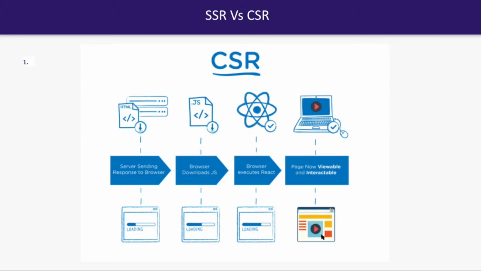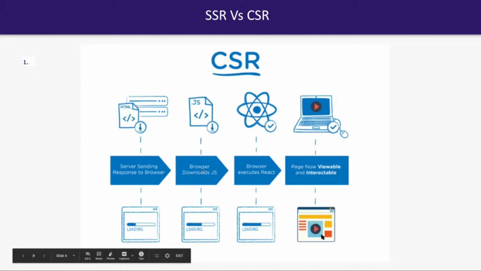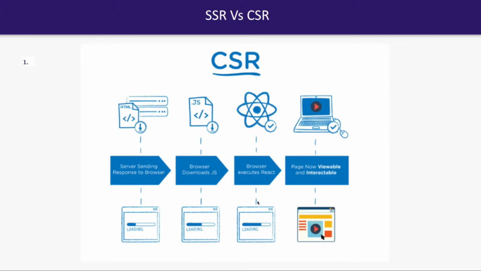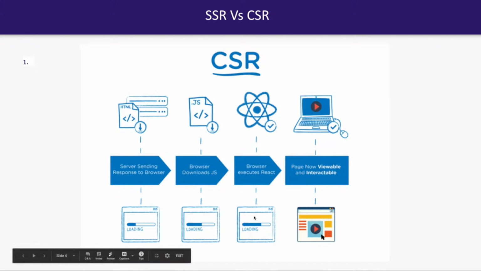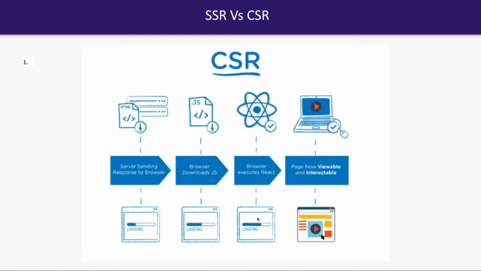Once that download happens, the browser first downloads CSS and all, then the browser executes the React code, right? Because you downloaded React and all the libraries from the Webpack bundle, which has all the JavaScript code in a single bundle or maybe multiple bundles. Then the browser has everything, it has downloaded it, and now it starts executing it, and your page is becoming visible,